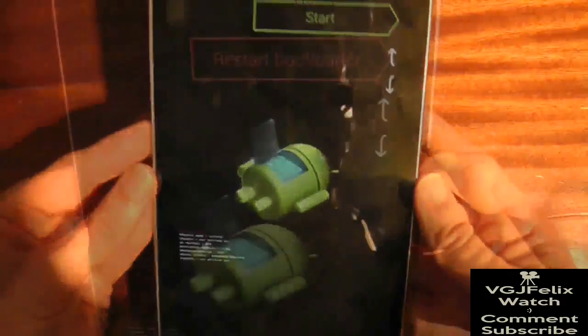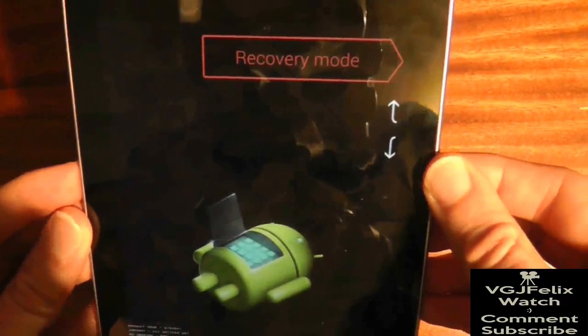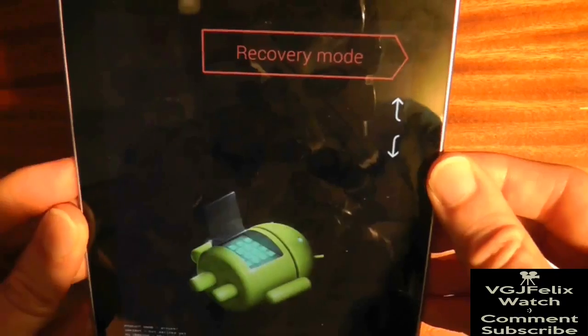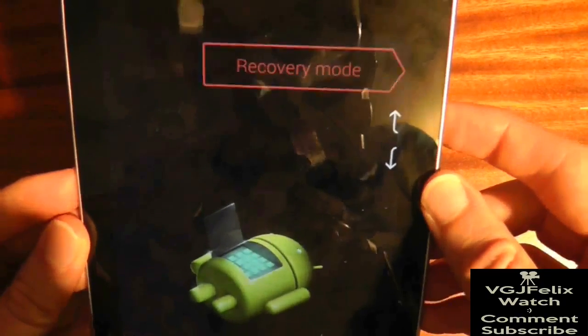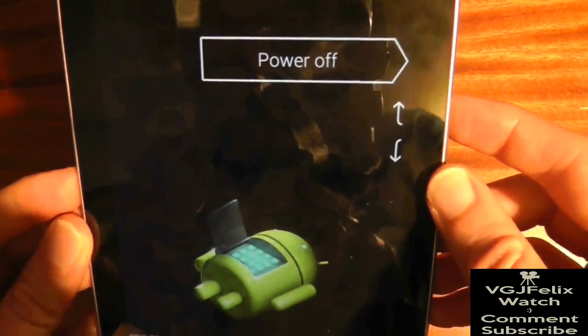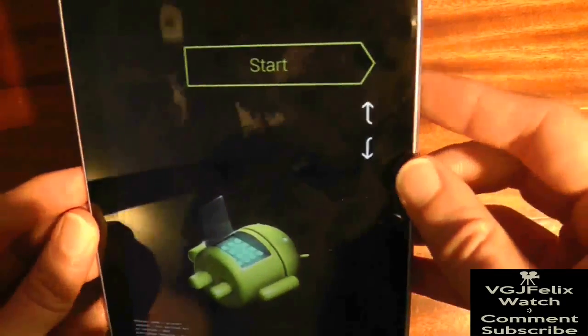This screen gives you a number of options, including restarting the bootloader and recovery mode. Ignore these for now and simply choose the start option. You will need to use the volume buttons to navigate and the power button to select, as the touchscreen is